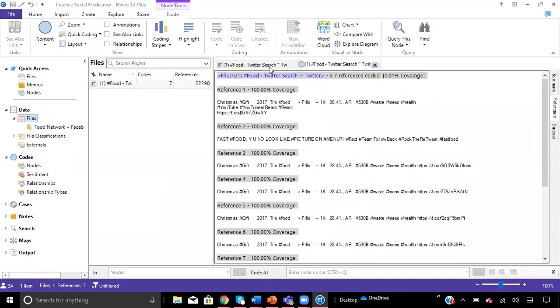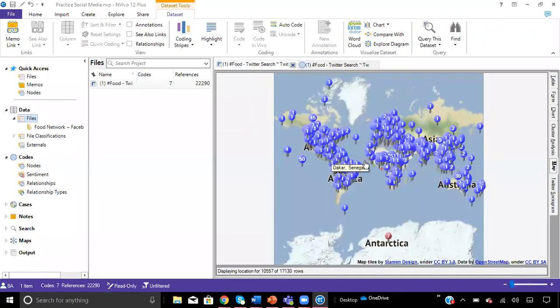So this is a really useful tool if you're trying to compare how people are talking about certain hashtags or topics in different locations. So maybe you're trying to compare how people talk about food in Antarctica compared to Alaska or compared to Asia. So for multi-sited studies, that can be a very useful tool and interesting topic.